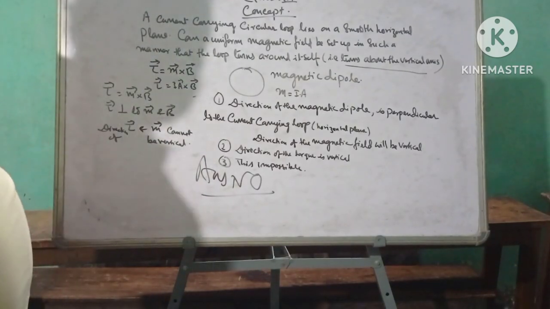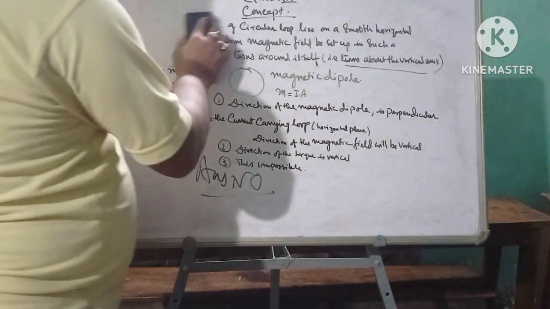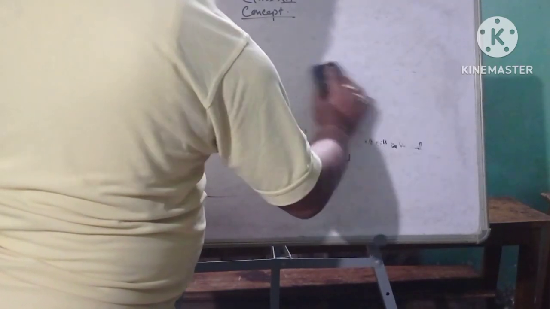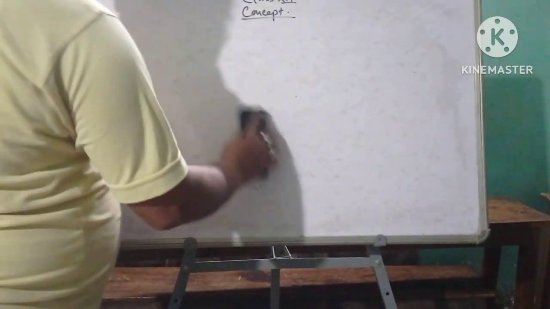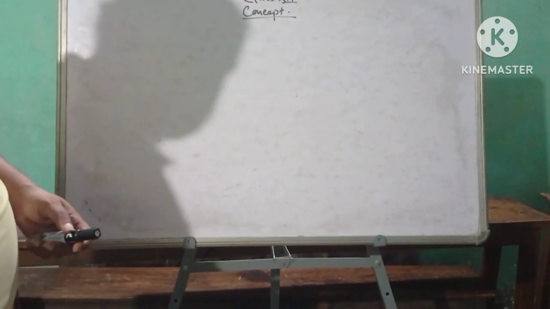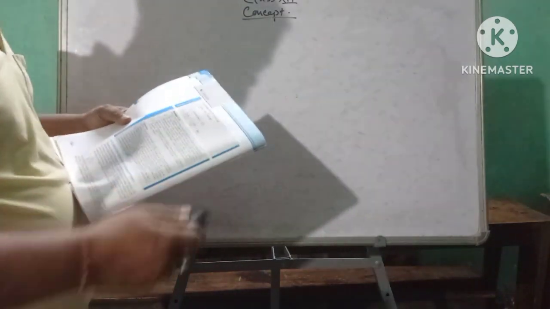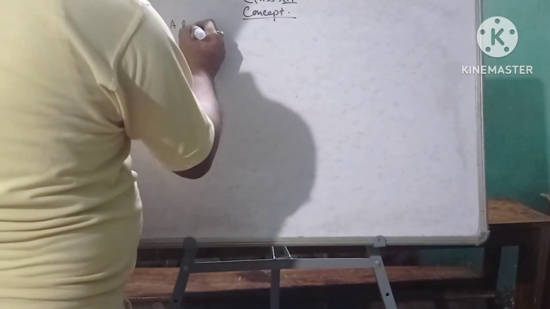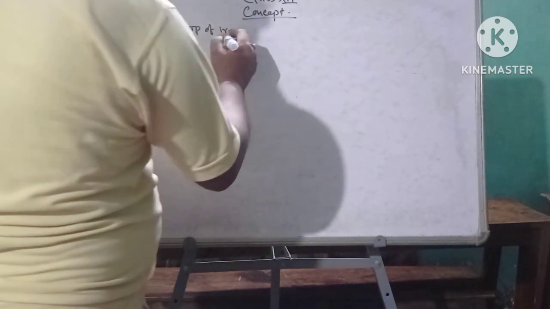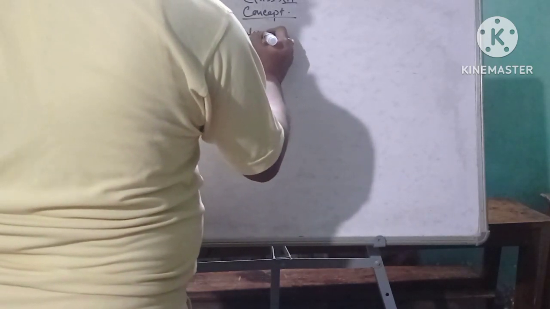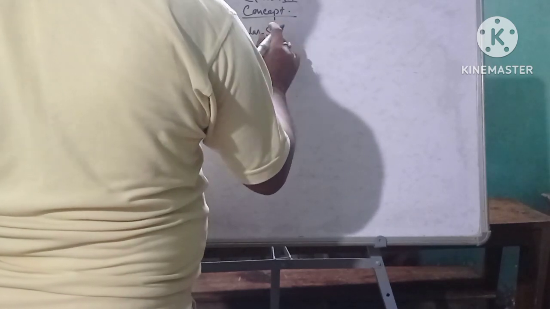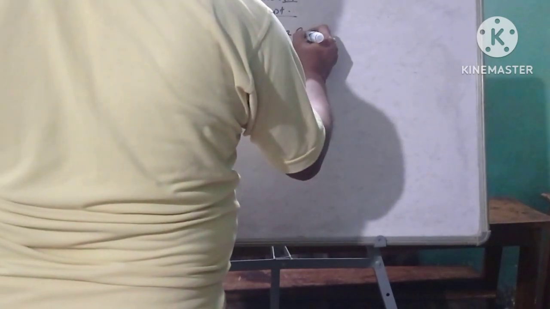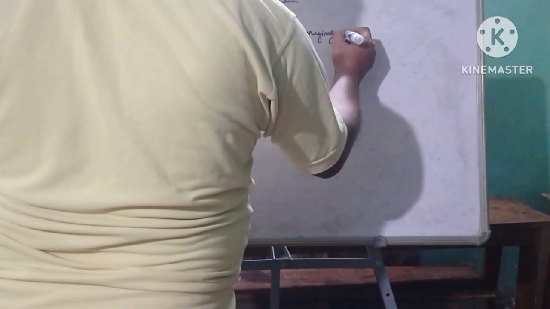So now, the next concept question. A loop of irregular shape carrying current